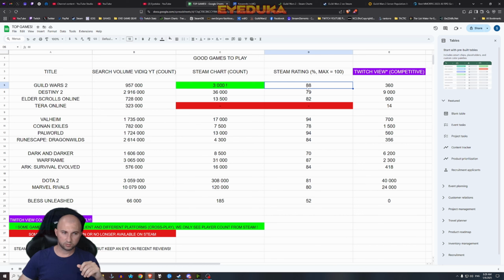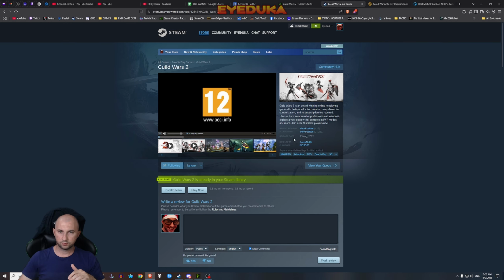Now, one thing to keep in mind is that a Steam rating of 70% or above is great, but also keep an eye on recent reviews, because some games have very high all-time reviews, let's say above 80%. But then recently they have changed something dramatically. It could be temporary, it could be permanent, but they made some change which enraged a lot of people, and they have very negative recent reviews, let's say mixed, around 50-60%, because they made something that people really hated. So always double check both of these numbers, but if both are very positive in this range, then that's great.